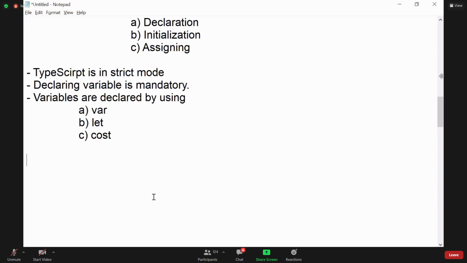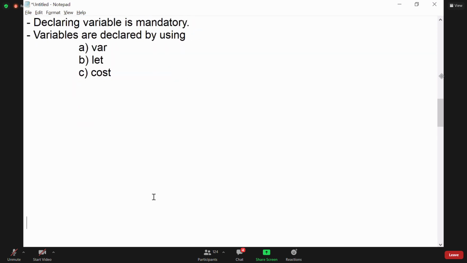Variables are declared by var, let, and const, and the rules of all three are the same as in JavaScript. What is the difference between var, let, and const? Var defines a function scope variable.